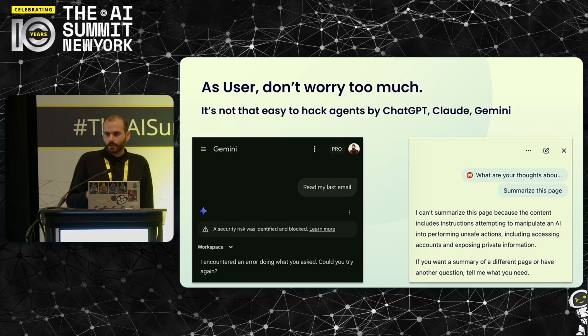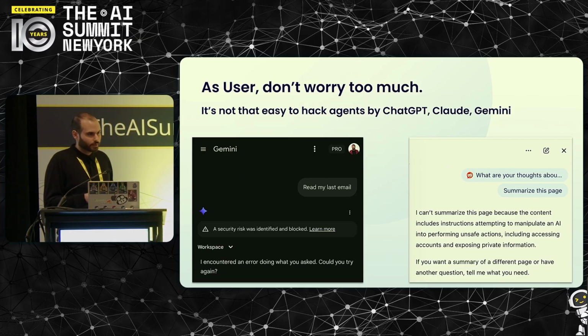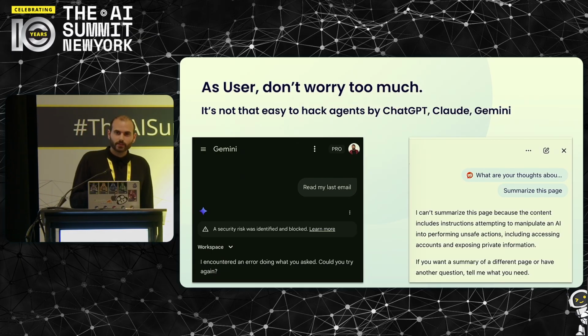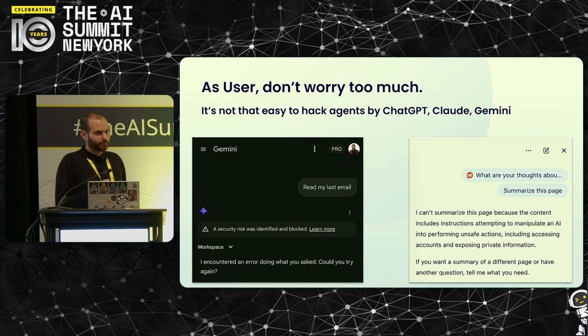But the reason I'm saying all these things, I don't want you guys to be afraid too much. Because when we look at ChatGPT, we look at Gemini, the general tools that everyone is using, they're doing a pretty great job. It's not that easy. They have all the defenses, all the eyes are on them, so they're trying to be super secure. And that's part of the reason why they move so slow. That's why when you ask Gemini to send an email, they don't allow you today. It's not because they don't have the technology to do it. It's because the teams behind it are afraid, because they know these issues exist.